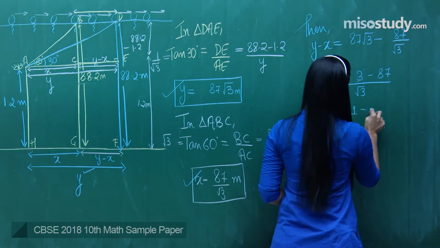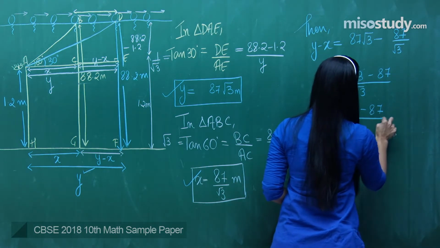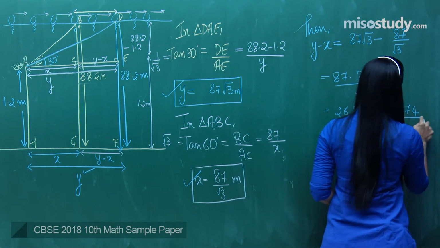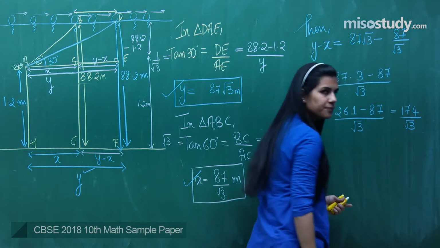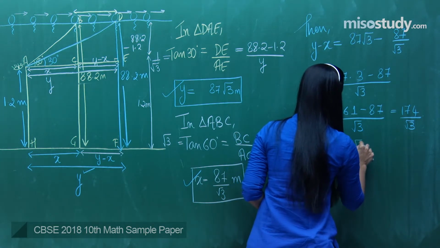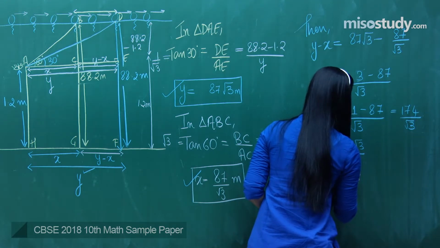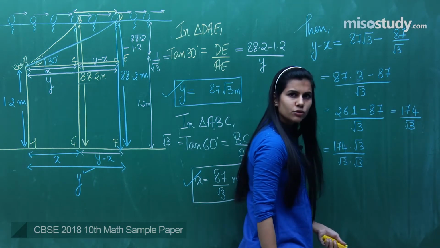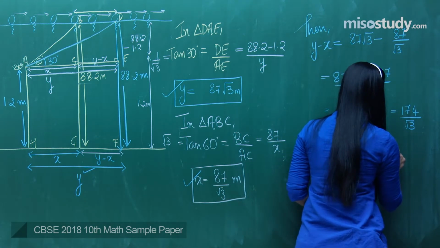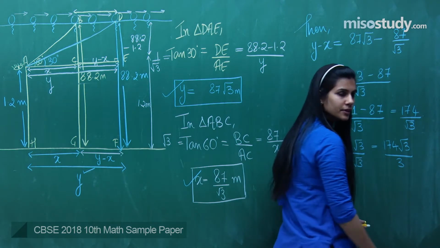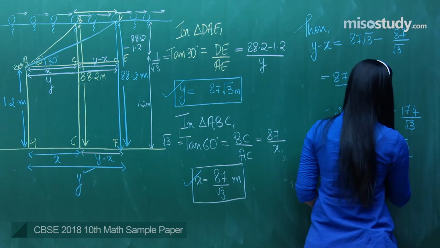261 minus 87 divided by root 3, which gives you 174 by root 3. Or you can further simplify it as 174 into root 3 divided by root 3 into root 3. You can just multiply and divide by root 3. You are going to get 174 root 3 divided by 3. And this will be